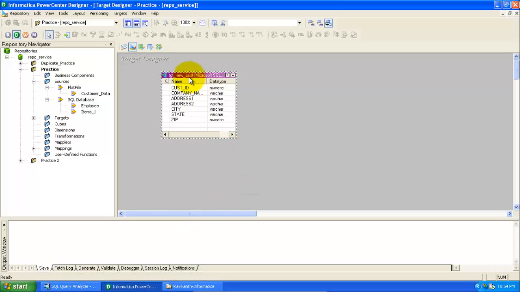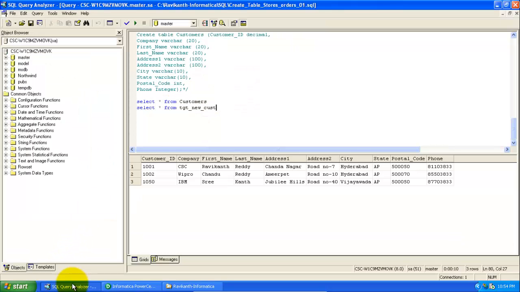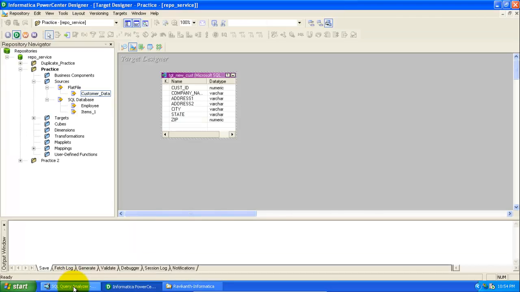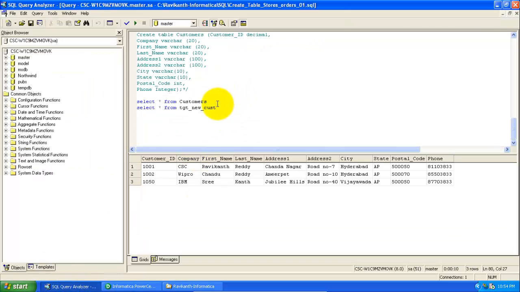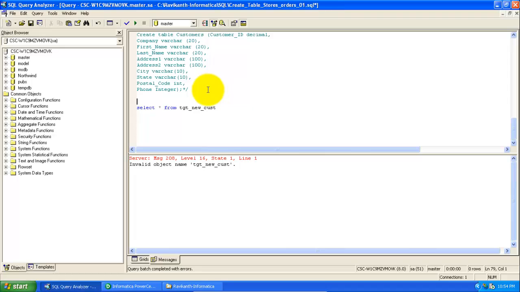But this target table is not present in my SQL database. I will show you here, so you can see I don't have the target table here.